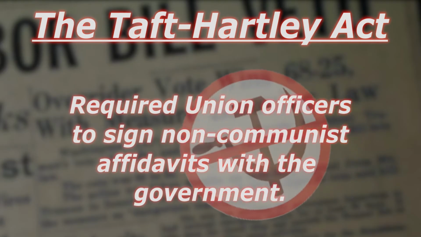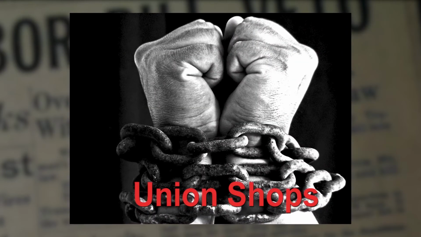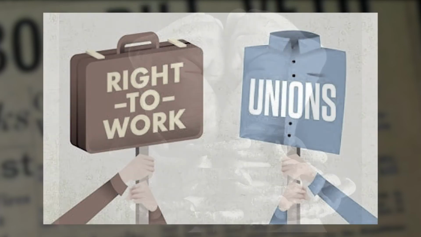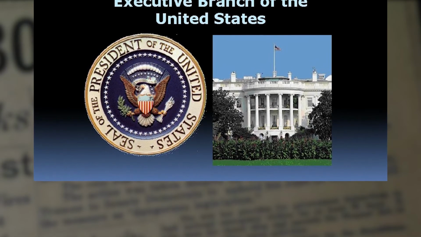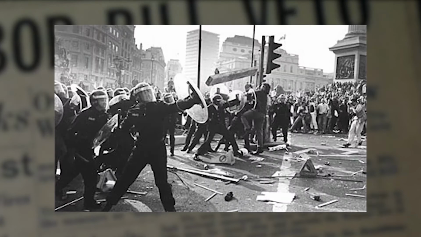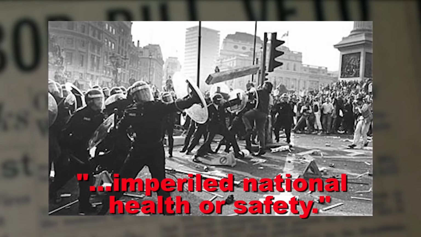It also required union officers to sign non-communist affidavits with the government. Union shops were heavily restricted, and states were allowed to pass right-to-work laws that ban agency fees. Furthermore, the executive branch of the federal government could obtain legal strike-breaking injunctions if an impending or current strike imperiled